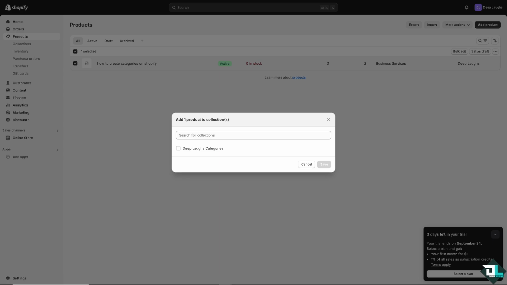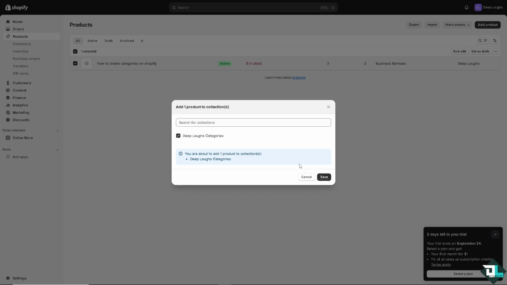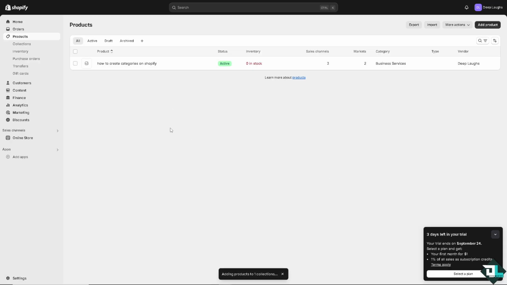All right. Doing so, it will organize your collections, allowing customers to filter through product types. For example, if your store sells clothing, electronics, accessories efficiently. All right. And from here, all I have to do is click that and click on save. And that's how you add product